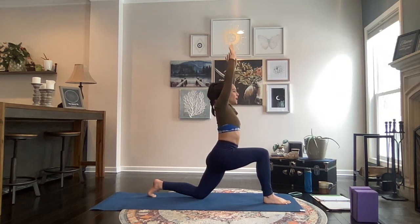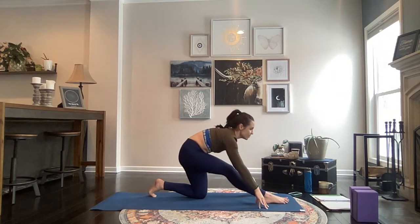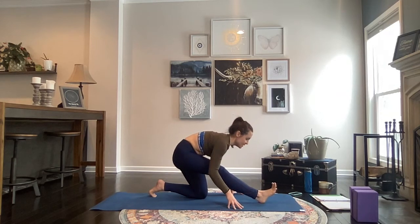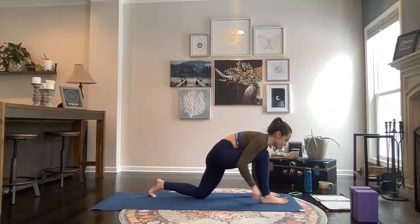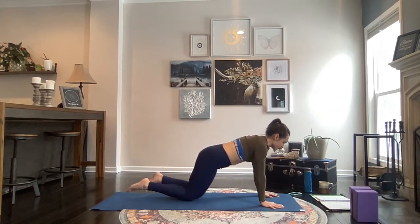Inhale through the center. As you exhale, release hands down, frame out front foot, and straighten out through that front leg. We'll flex toes up towards the forehead. Keep a soft bend in your right knee to protect that joint. Inhale, find length in the spine. Exhale, fold over the midline of your right leg. Breathe in, walk yourself forward, rebending back into your front knee as your right knee meets the left,